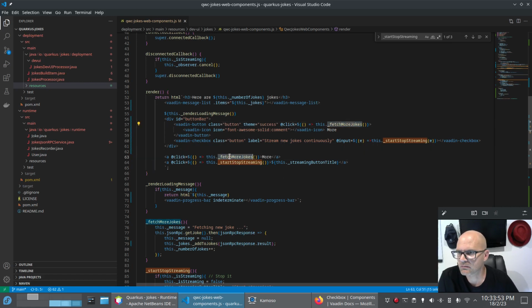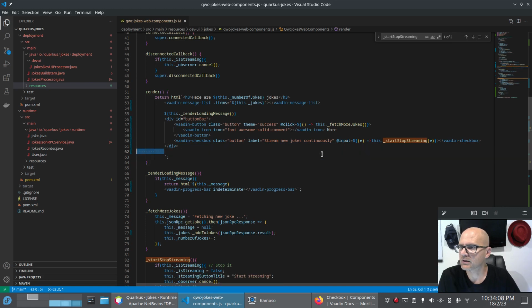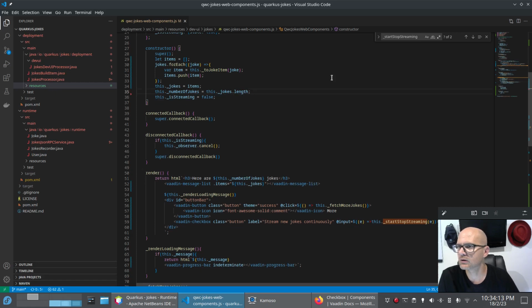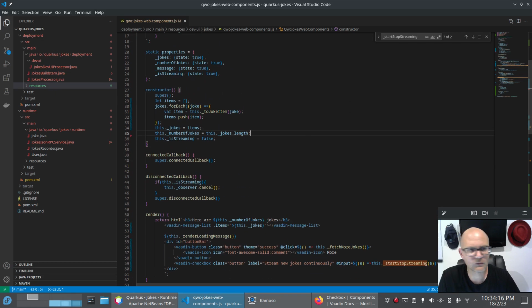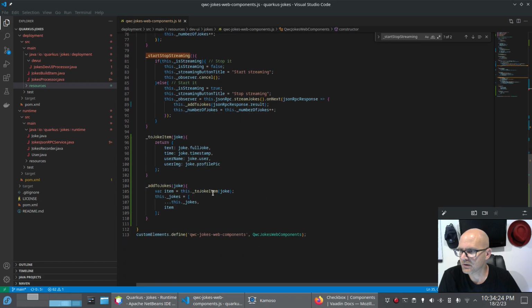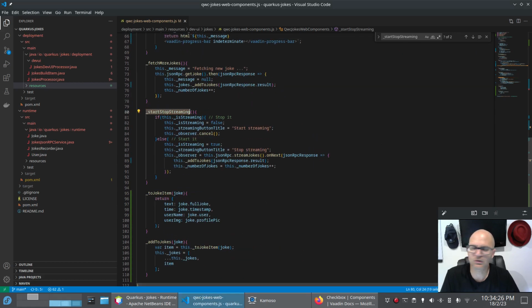So we call the same method again. There's no difference there. Same with that. We don't need this title to change anymore, so we can just remove that, because we'll just always say stream jokes continuously, and the checkbox will indicate whether or not it's on or off. So we can remove that. We can actually then remove this. We don't need this anymore. And now we can also change the method, this one here, that decides whether or not we want to start or stop,